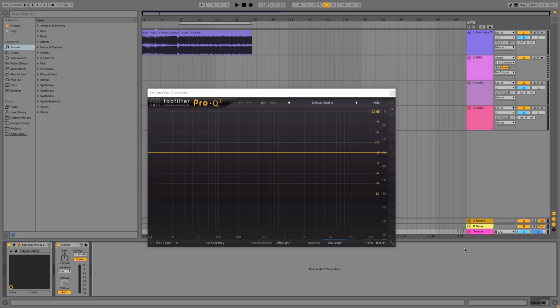Today we're going to be going over FabFilter Pro Q2 and specifically how to mid-side EQ. Essentially, having mid-side audio functionality allows you to EQ the mid channel and the side channel separately. This is going to be really useful for you guys when you want to manipulate the stereo image of your